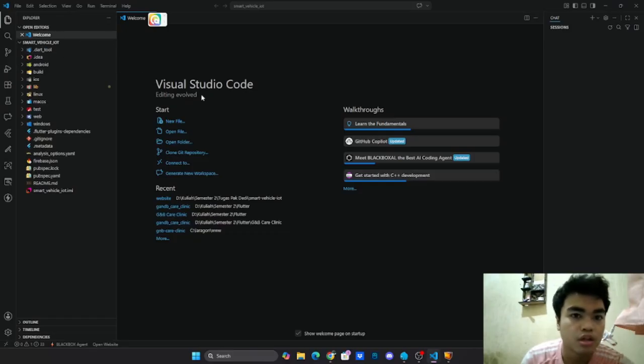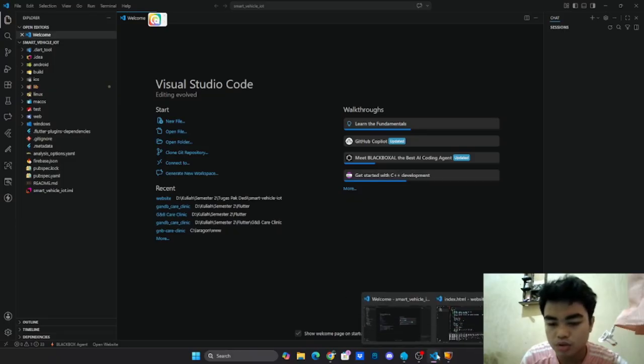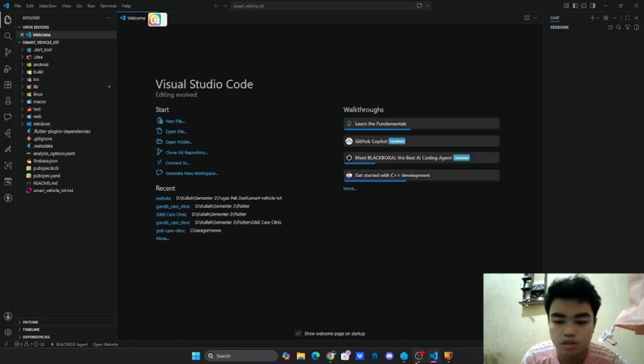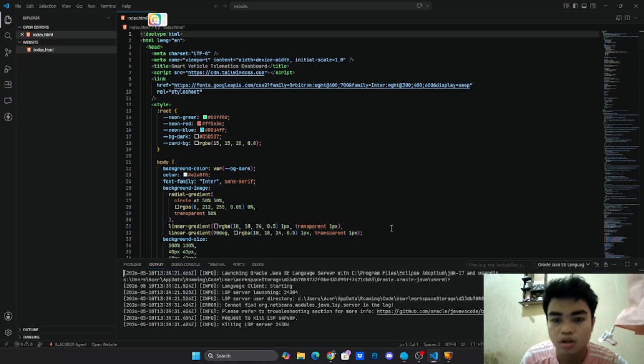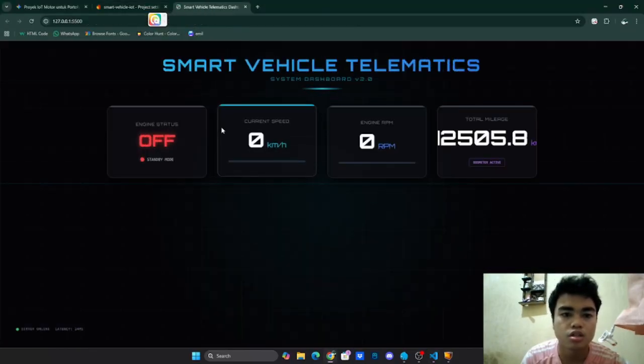Before we jump into the code, let's understand the system architecture. This project consists of three main pillars. First, the web dashboard. We go live and look at the web dashboard.